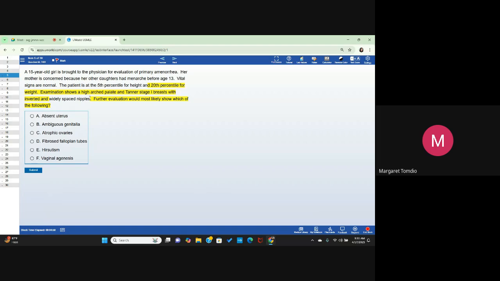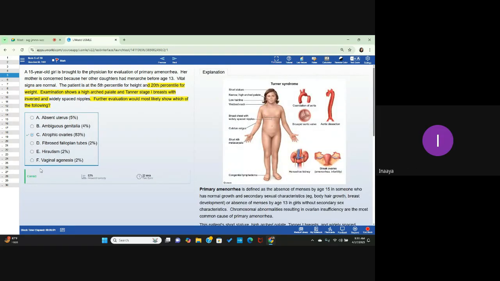Finally, we see atrophic, dystrophic ovaries. So the picture is really important for you to memorize: short stature, low hairline, web neck, broad chest with widely spaced nipples, cubitus valgus. They don't ask about that, but they do ask about coarctation of the aorta, bicuspid aortic valve, horseshoe kidney, streak